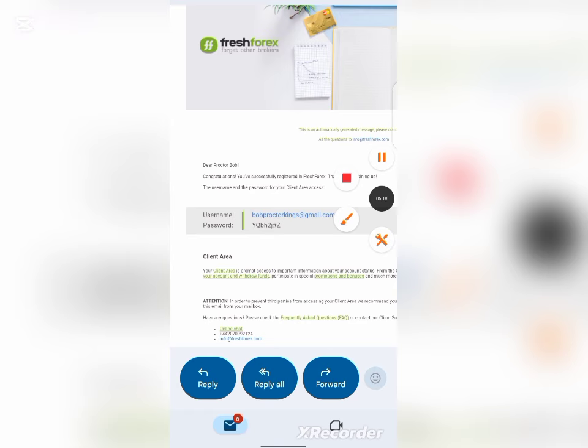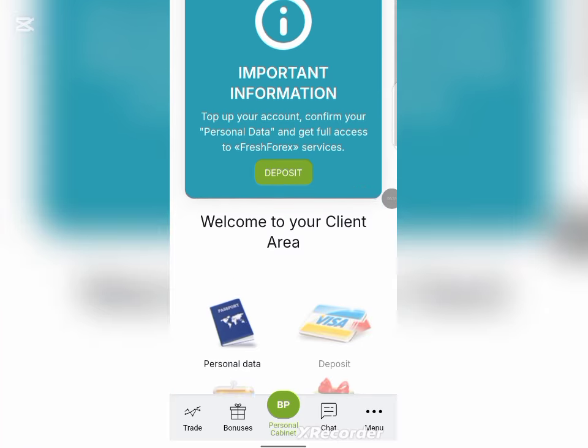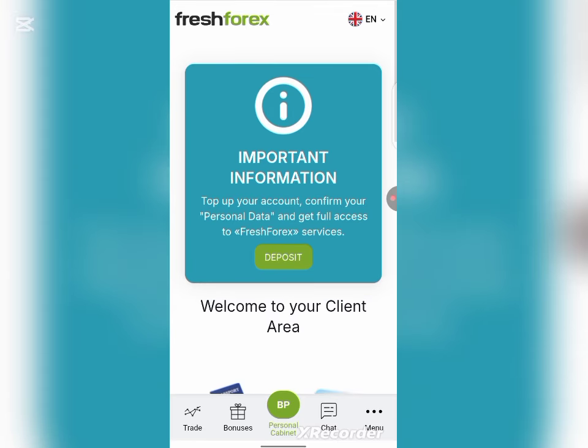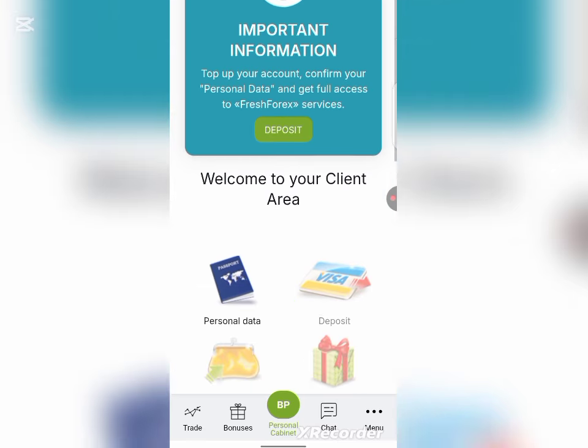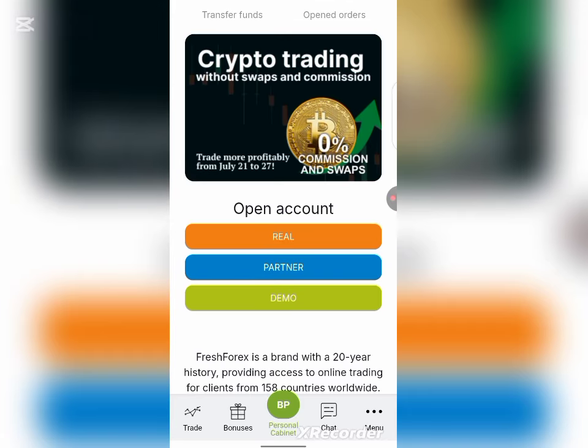Once you are done copying it, go back to the platform and paste it there to log in. So now as you can see, now that we are done logging into our account, this is what they will bring out for you. So what you have to do is to scroll down,